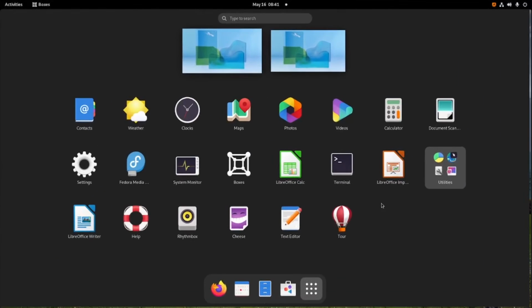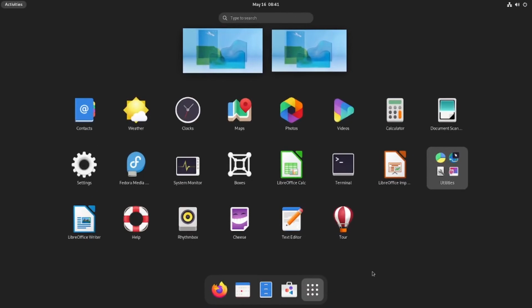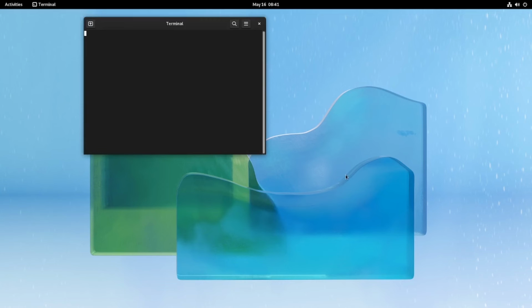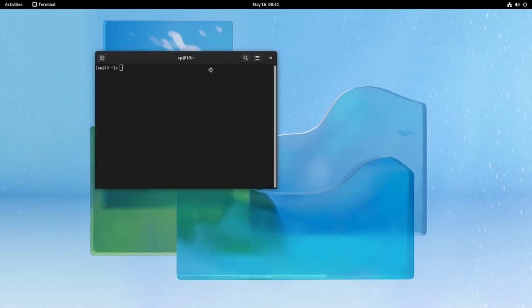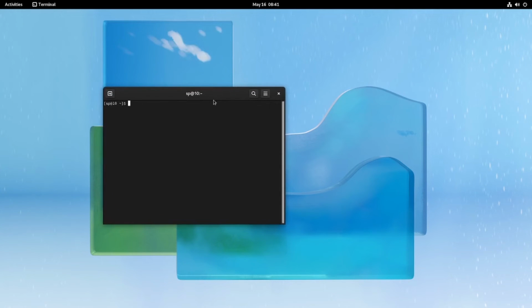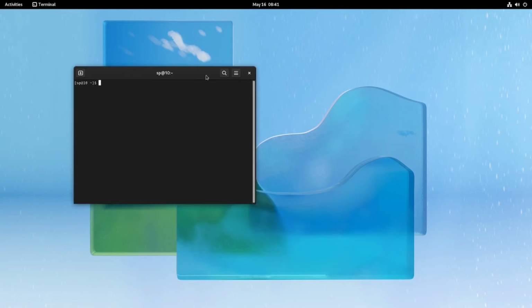But in Fedora 36, there's no Console, it's still the old GNOME Terminal. But actually we can install it from here. And I want to install it now, and see what is the difference between the old GNOME Terminal and the Console.